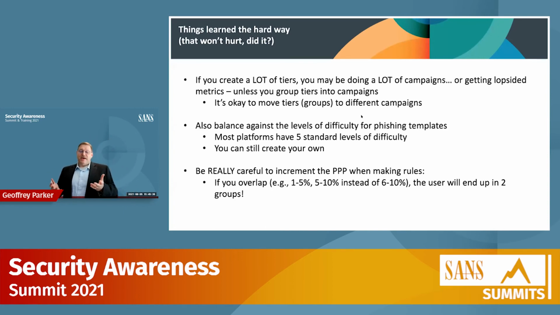We had a problem in that I said 1 to 5% for one group and 5 to 10% for the next group. And guess what? The 5%ers were in 2 groups and they were getting more than one phishing message. Fortunately, nothing bad happened before I caught it, but you want to be very careful to increment your numbers to make sure you're not duplicating that, in this case, 5%. So if it's 1 to 5, your next number is going to start at above 5. It's going to be 6 to 10. Okay,